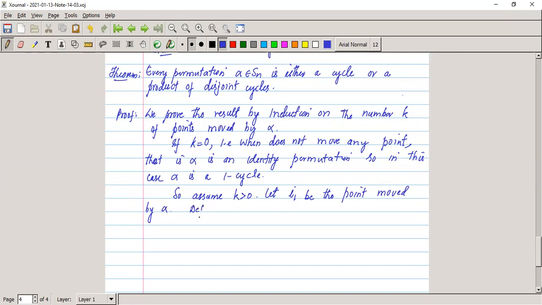Now we define I2 as alpha of I1. Then define alpha of I2 is equal to I3, and so on, and alpha of IR is equal to IR plus 1, where R is